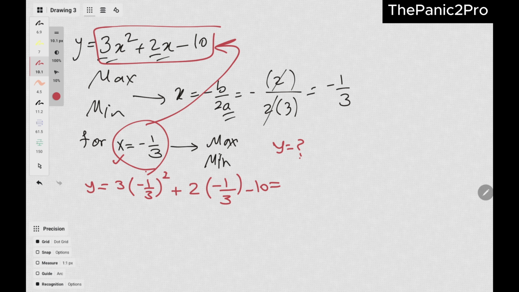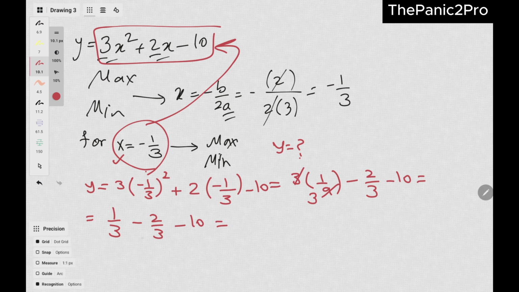I will simplify that. It's going to be 3 times 1 over 9 minus 2/3 minus 10. And I can simplify that. It's going to be 1 over 3 minus 2 over 3 minus 10, which equals minus 1 over 3